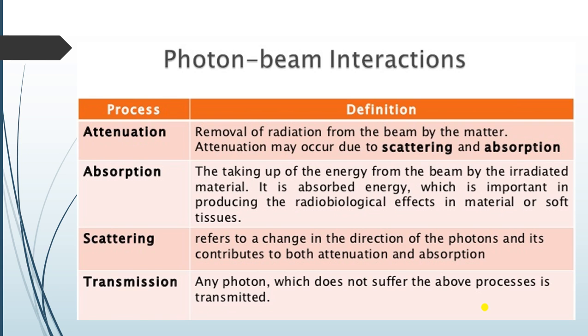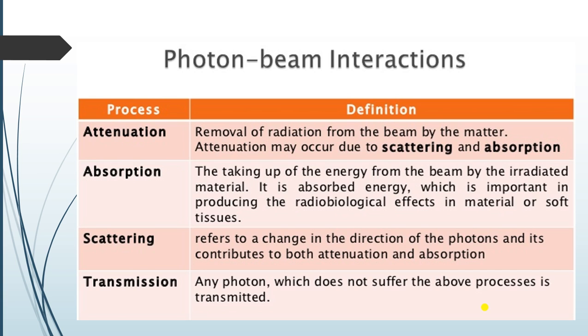This applies in material or soft tissue. In the case of pharmaceuticals, we take any kind of substance, dissolve it in a particular solution, and keep it in a UV instrument. We pass the UV radiation, the substance absorbs that radiation, and at what level it is absorbed is what we identify.